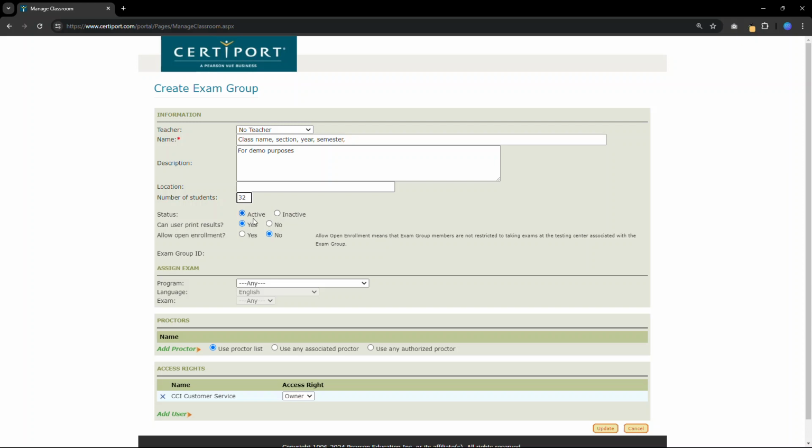We're going to leave that. Can the user print results? Yes, they can. We're going to leave that. Are we going to allow open enrollment? Now, this is where this number comes into play. So also, it will allow